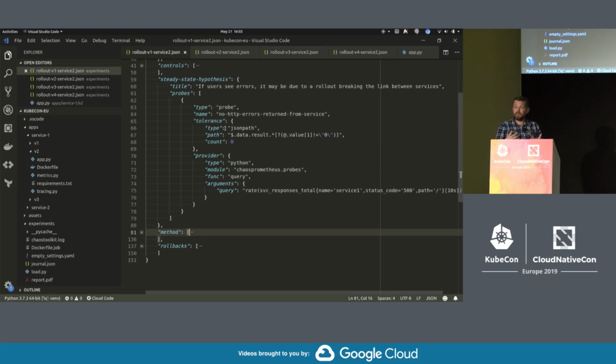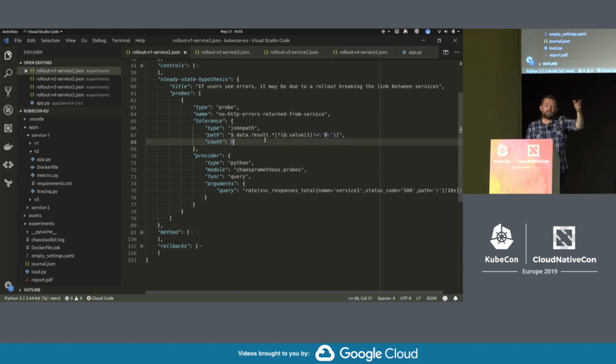Am I looking good for my users? So you collect data. What you have in addition is a tolerance that's simply going to go through the JSON returned and look for a bit of data. That's it. And this one is going to say, for the last 10 seconds, I didn't see any 500.